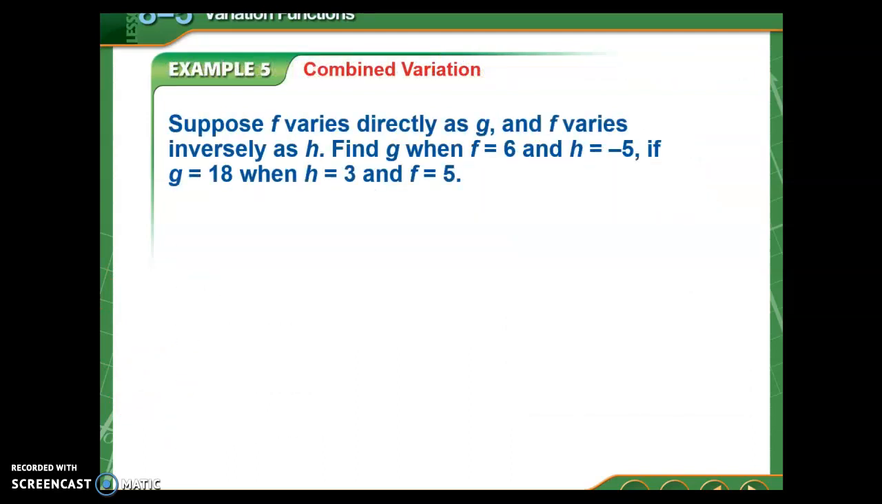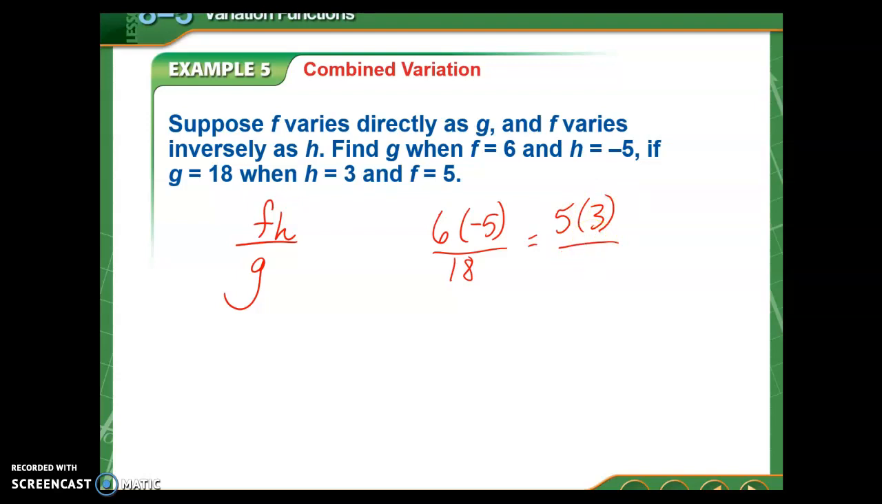All right, so some things can vary directly and inversely. So this is where I think the proportion works. So remember, if it was directly, we divided. If it was inversely, we multiplied. So F varies directly as G, so F is divided by the G, and it varies inversely with H, so it's multiplied to the H. So I'd have 6 times -5 over 18 will equal 5 times 3 over